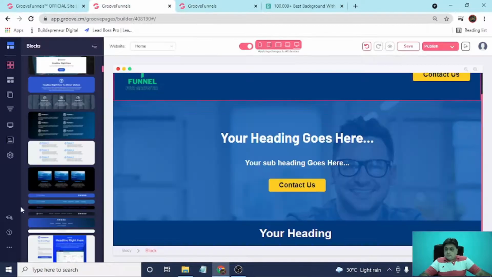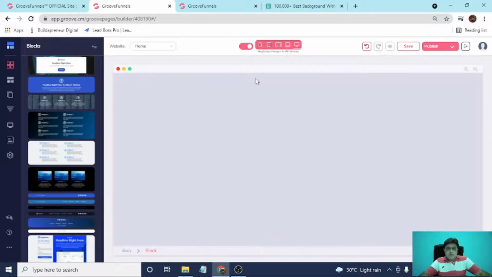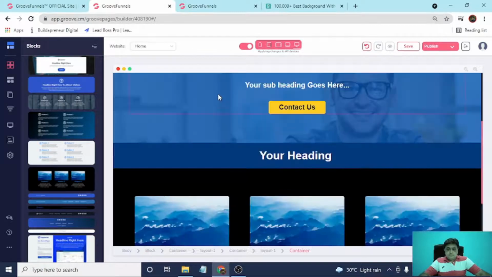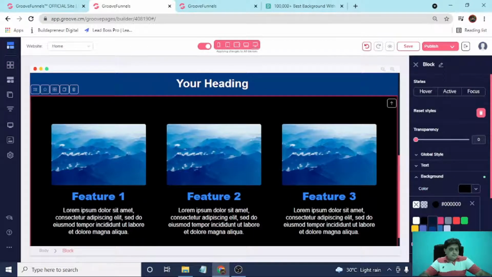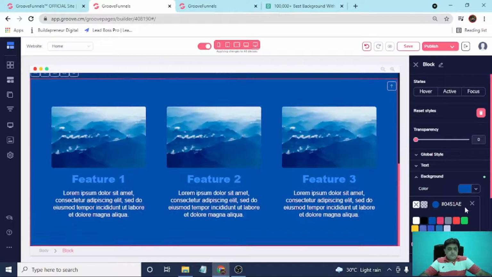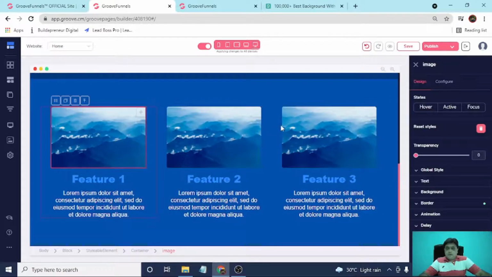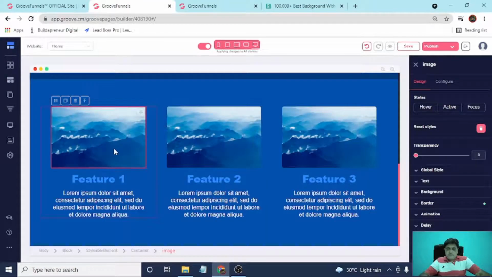Okay, we can select this kind of block. Now change background first of all. Okay, now here you can change images as per your choice guys.